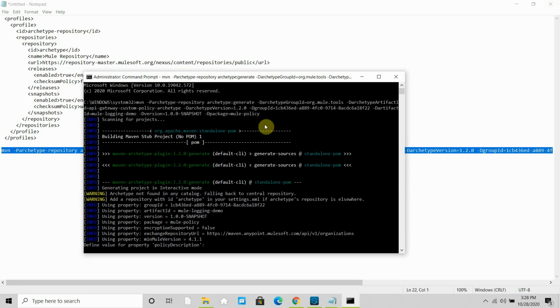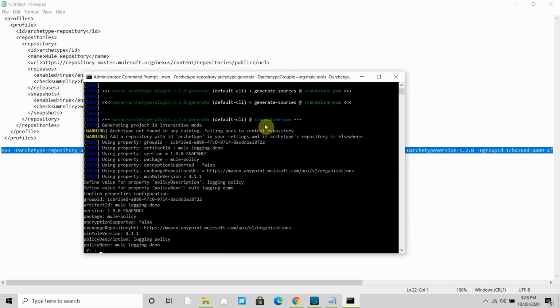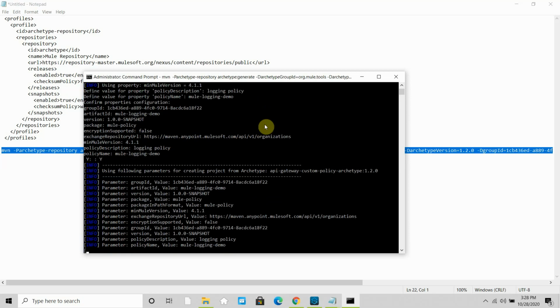So you can derive the policy. It's a logging policy. You can define the policy name. So I can say mule logging demo, enter, and you can say Y.